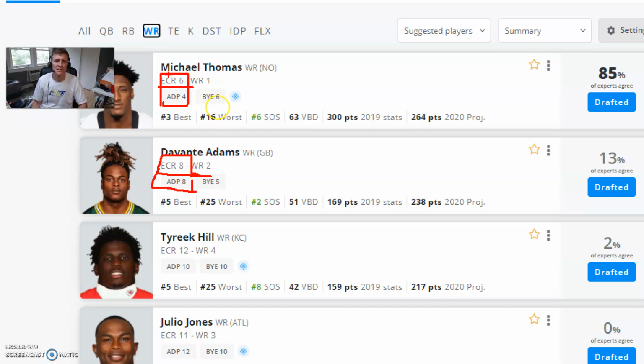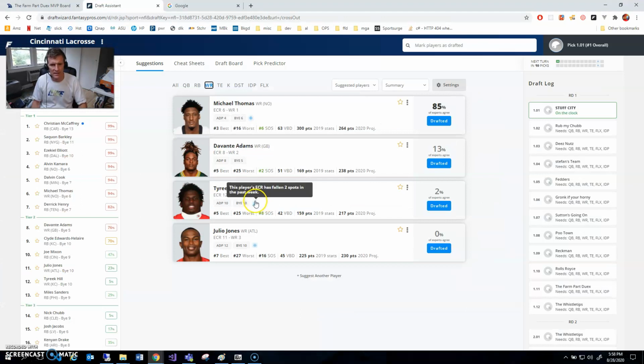So that's an example of what a WUP would be. But ECR is not WUP. ECR is just sort of like ADP. So the two numbers, not very useful. They do have these things, if they have notes about a player, that's great. I don't really want to see notes though. I would expect that any notes that affect a player's outcome